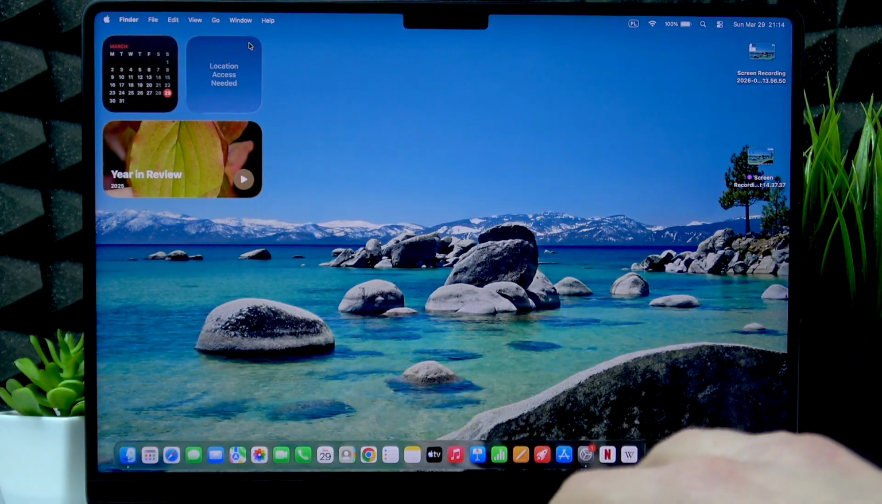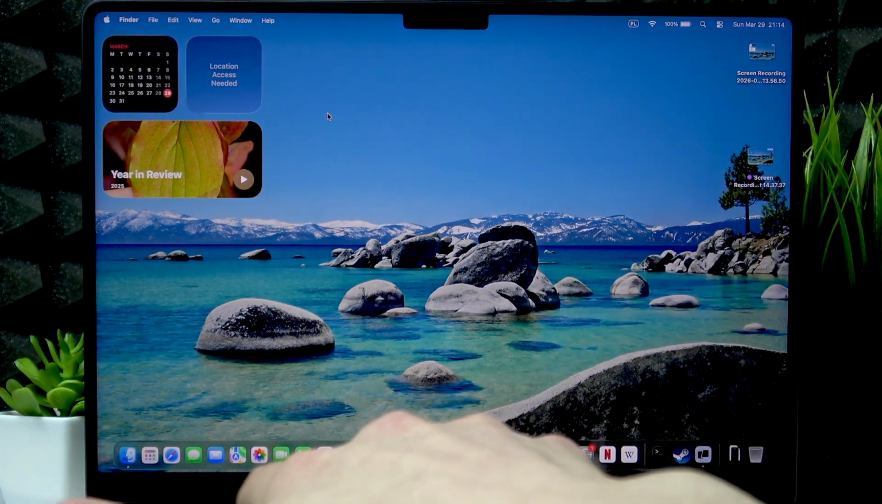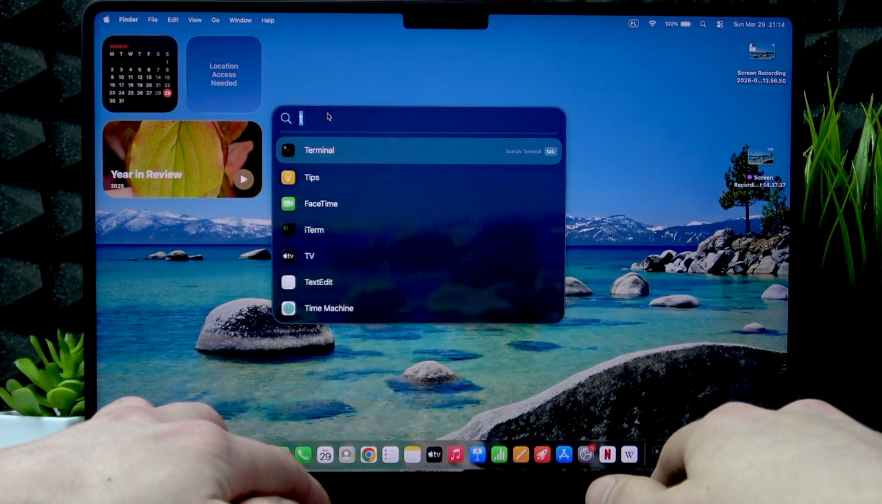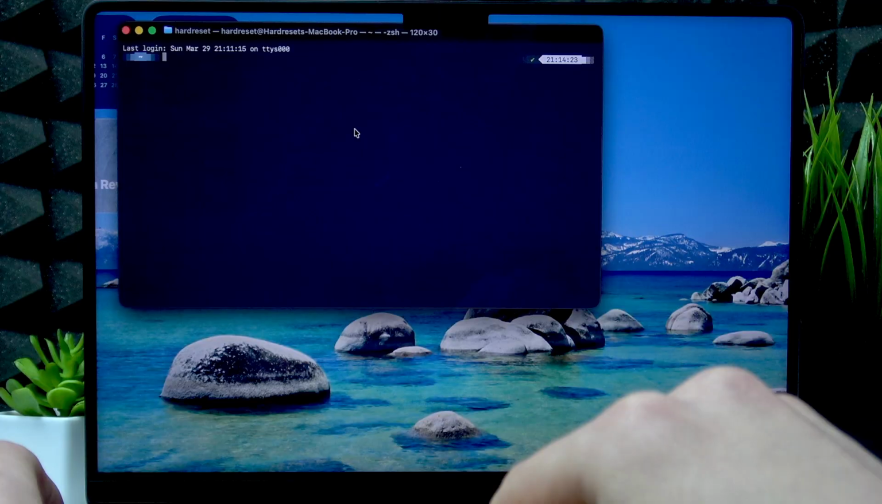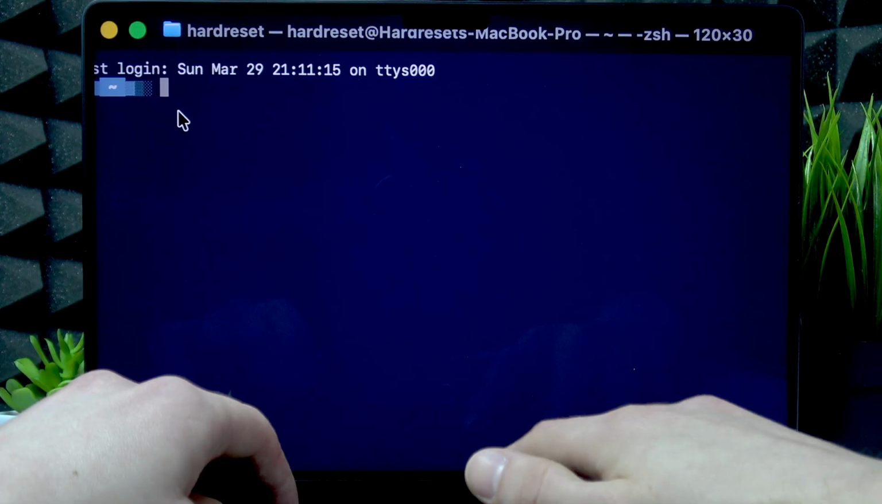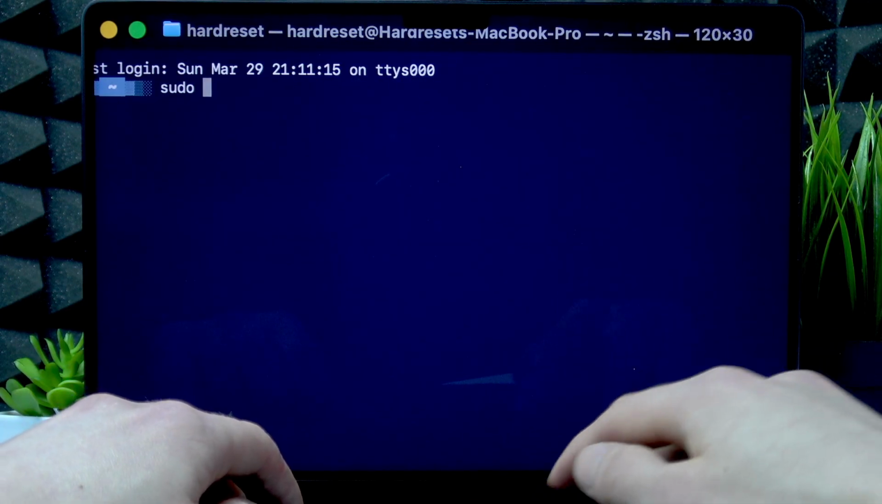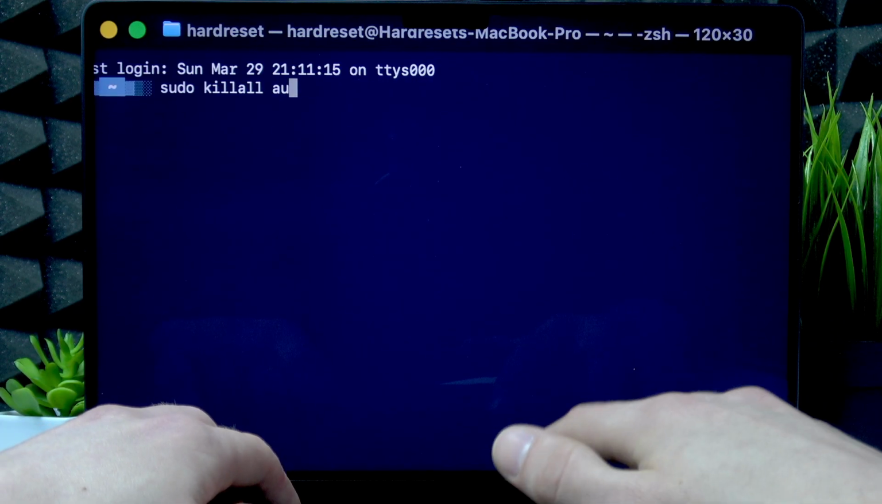And after that, check your sound volume once again. And if it still won't help you, then we can reset the audio drivers. To do that, we're gonna have to open our terminal. So open your terminal, and in terminal we're gonna have to input the command sudo, then killall, and then